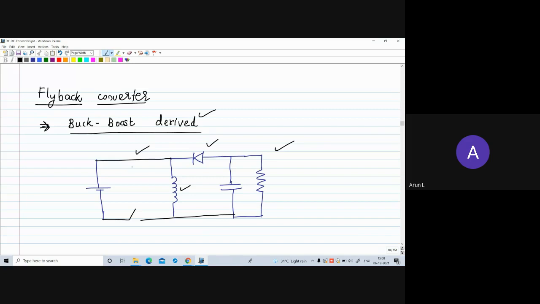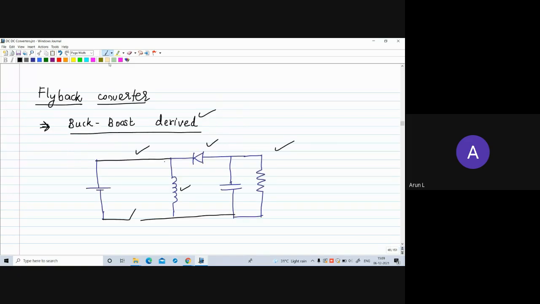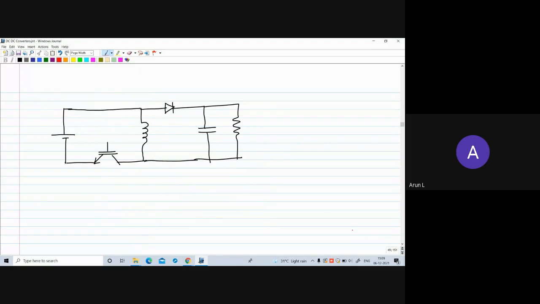But you have to keep in mind the direction of current flow. If you observe the previous diagram, current was flowing through the positive rail in this direction and current is coming through the negative rail in this direction. So we have to orient our IGBT like this. Current has to flow this way. So I have just connected my IGBT here, or I have shifted it to the lower rail.